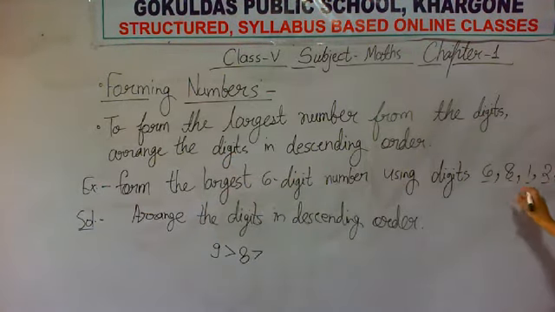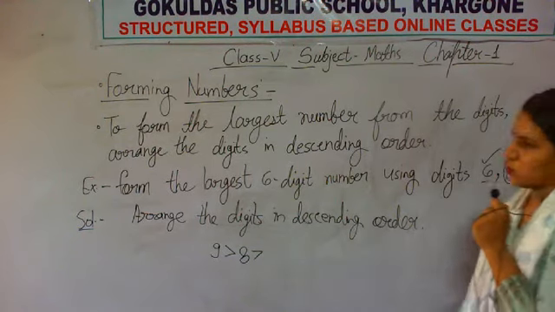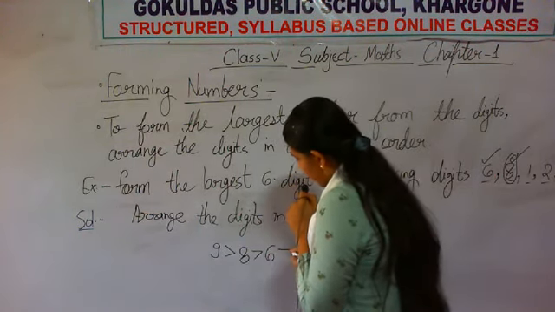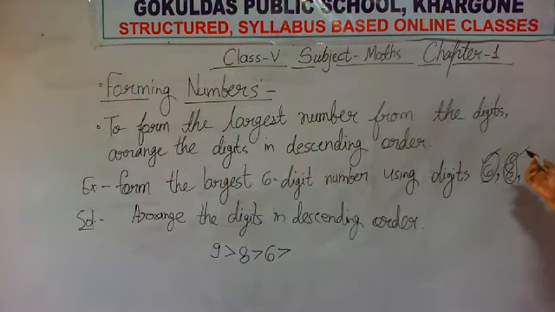Okay. Then you have done with the 8. Then 6, 1, 2 and 5 digits are left with you. Then which is the largest in descending order? First you write the largest digit. Which one is largest out of these 4? 6 is largest. So write 6. Okay. Then you have done with the 6.